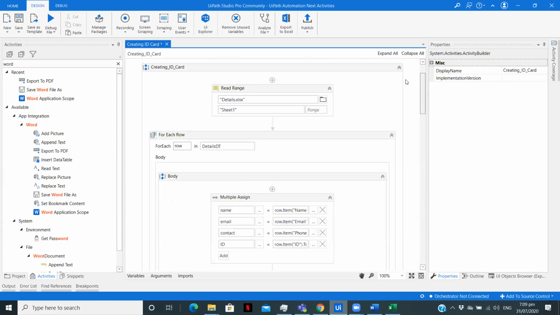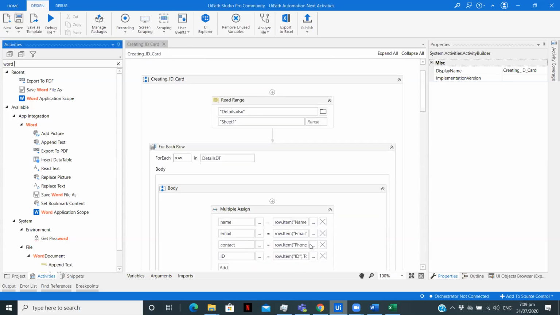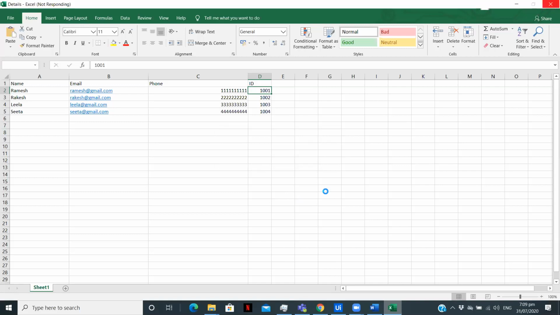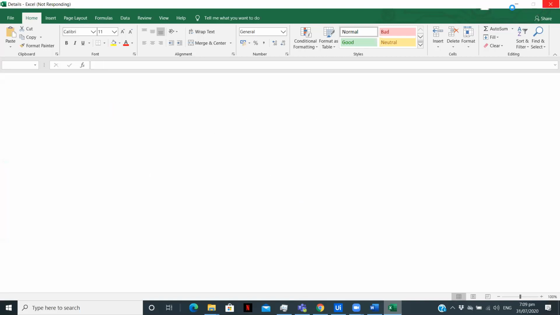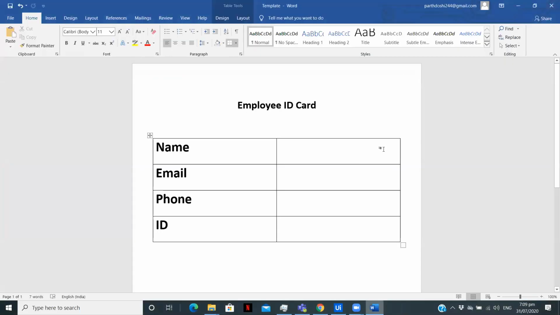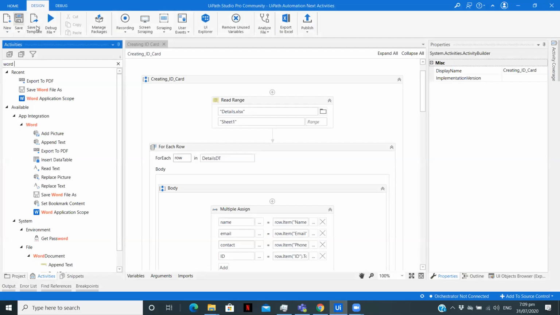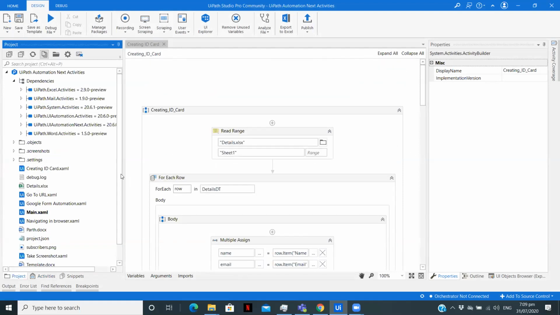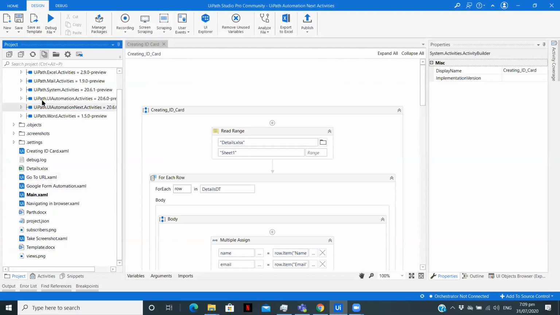Now we have successfully completed all the steps over here. So let me save this, close both the files, this one, also save this, since I added the ID card column right now. Okay, now let me close this template as well. Also let me save this and close. Okay, save. Now let's run the workflow and let's see if we are able to create all the ID cards, and we'll be seeing output here once I refresh after the workflow is run. So now I'm running the workflow.